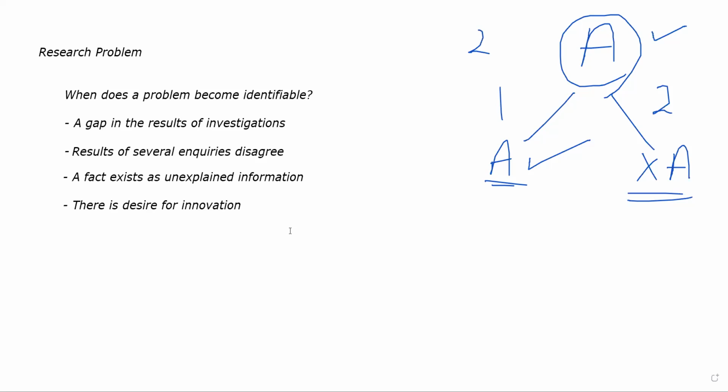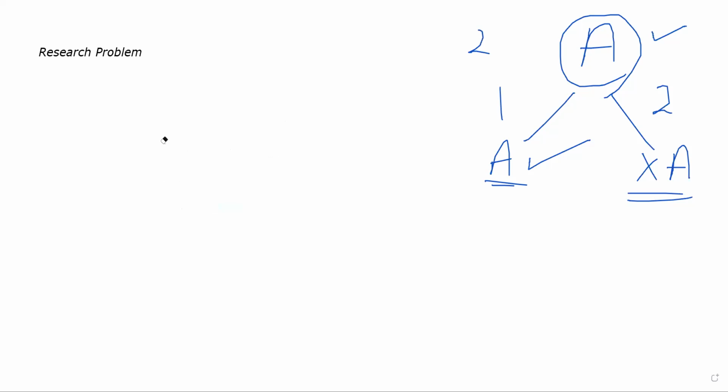Okay, even though they are facts, you cannot exactly explain them clearly. Or there is a desire that you want to innovate, improve upon current knowledge. So any of these areas can act as a spark wherein you can stimulate research. Now, once you have identified a problem, how do you go about doing this? Now, sources of research problem, where will you find such problems? कैसा मिलेंगे आपको? So there are 2-3 steps that you need to follow.